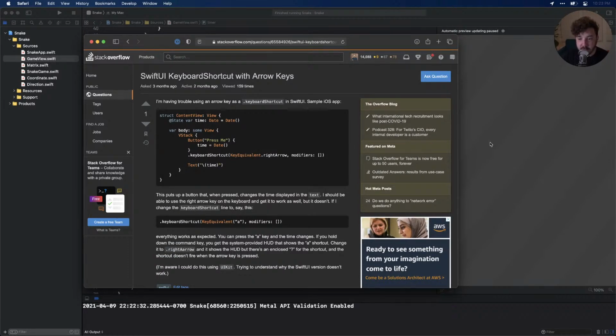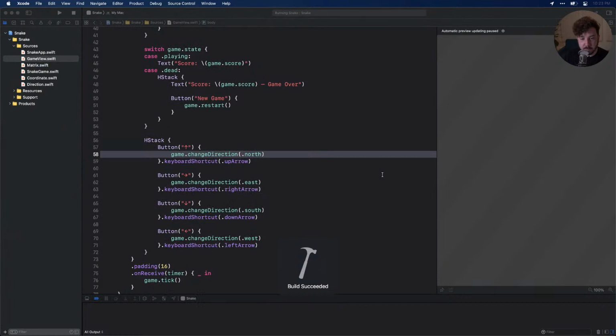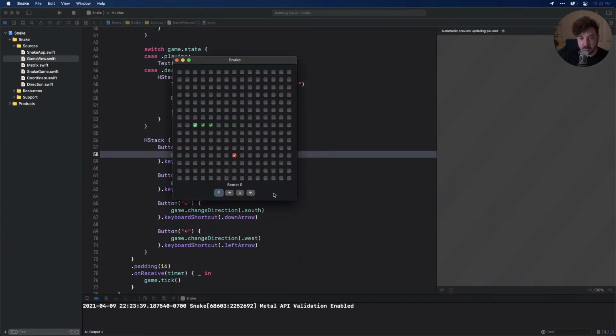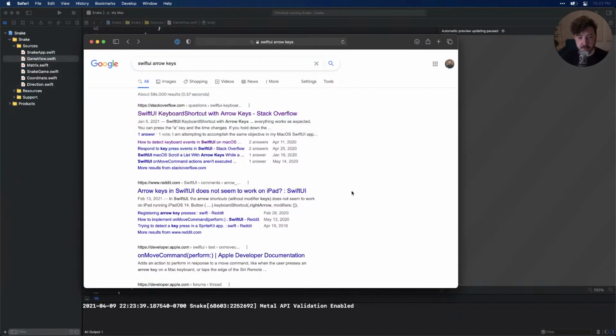Well, I tried that and it definitely didn't work. Yeah, it definitely doesn't work. Maybe because something is focused. No, you can't unfocus it. I don't know. Okay. Well,